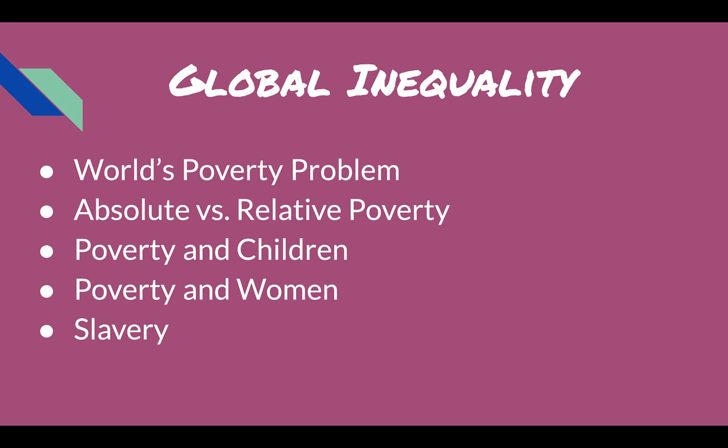So looking at the world's poverty problem, about 850 million people in the world do not have enough food to eat. So undernourishment increases the risk of disease affecting and plaguing those groups of people. So there are just really long-term effects of poverty that are deadly. Global hunger is one of the most serious social problems in the world today. So kind of touching back on what Malthus said, we're not going to have enough food to feed everyone. Is that true? Have we already passed that threshold?